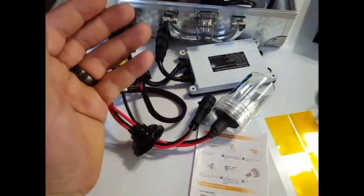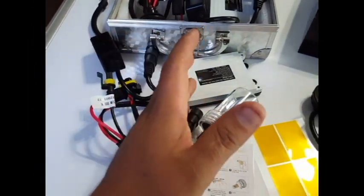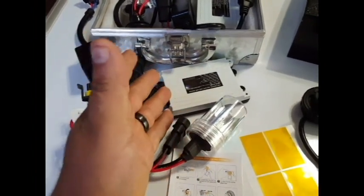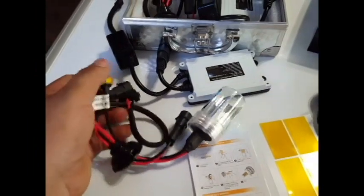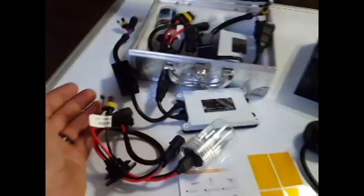A lot of people recommend for you to run relays just because supposedly this ballast draws too much power at times, or not sufficient power. So you have to run relays to feed it the proper power through the battery. Therefore, just basically going around your...